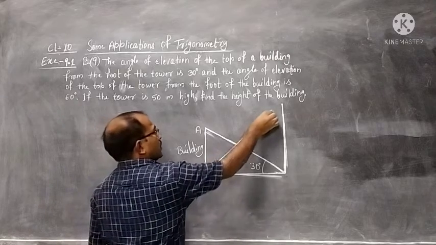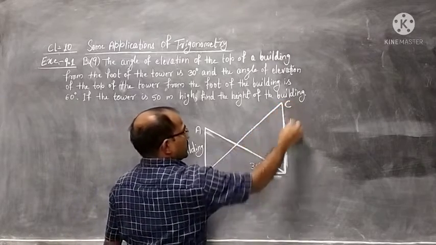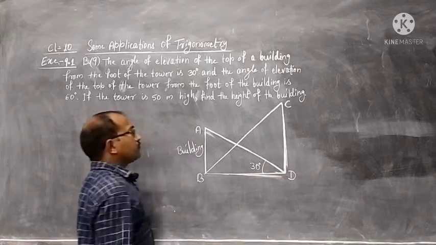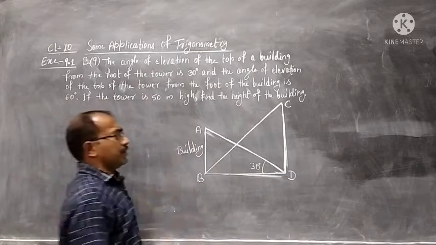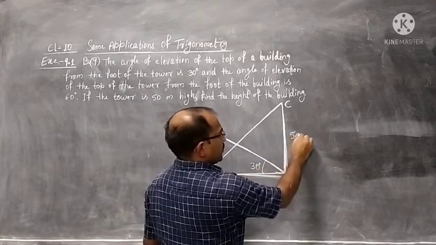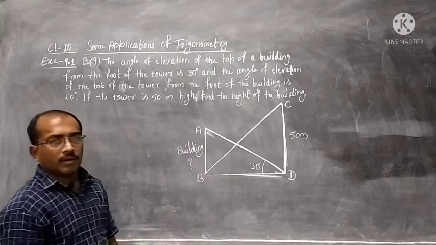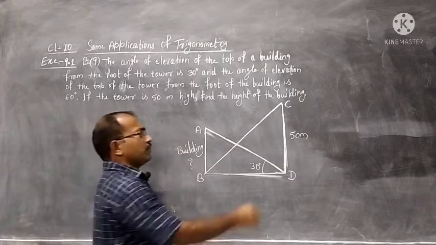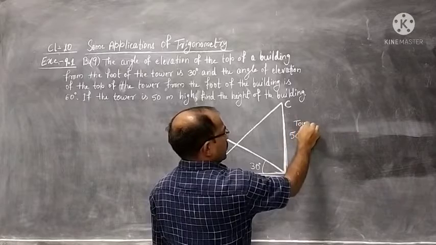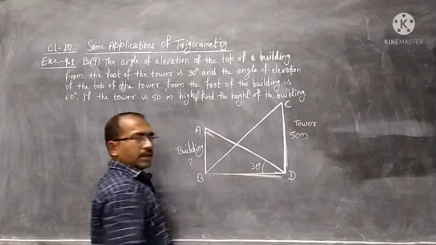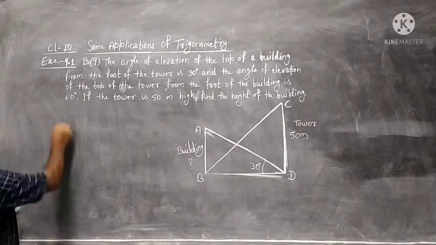We look at the top of the tower. So, let us see, CD is the tower. Then the height of the tower is 50. This is known to us, 50 meter. What will be the height of the building? No need to write here building, or if we write also this is okay. In the introduction we will write that nicely. So, let us start the solution.